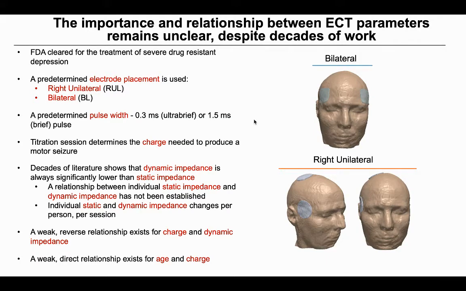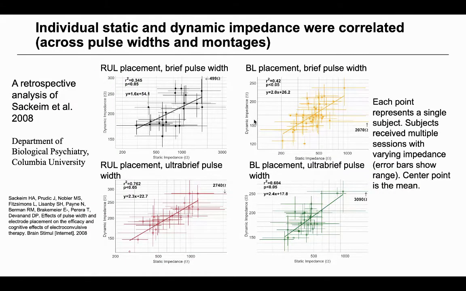However, we do know that dynamic impedance is significantly lower than static impedance, and that individual static and dynamic impedances change between people and for a person between sessions. We also know that there exists a weak relationship for charge and dynamic impedance and a weak direct relationship for age and charge. We wanted to see how all of these parameters related to one another, so we looked at